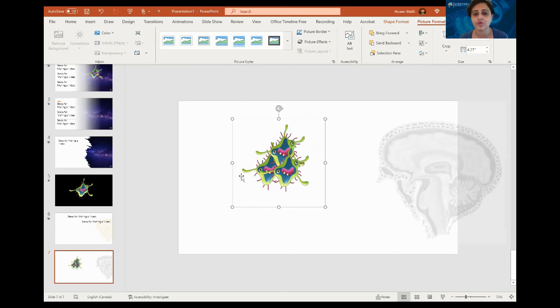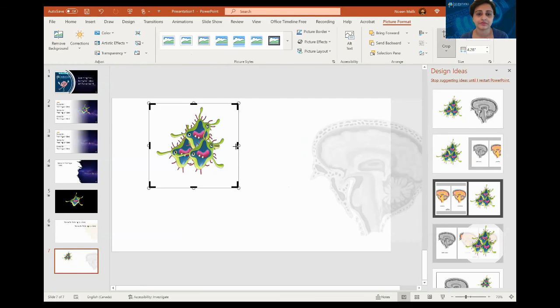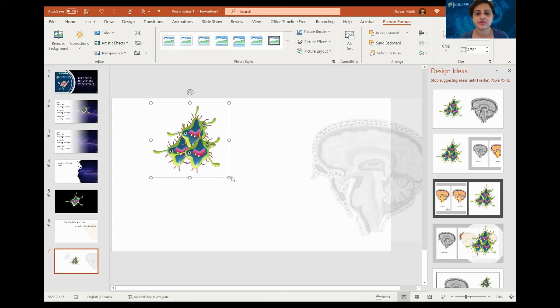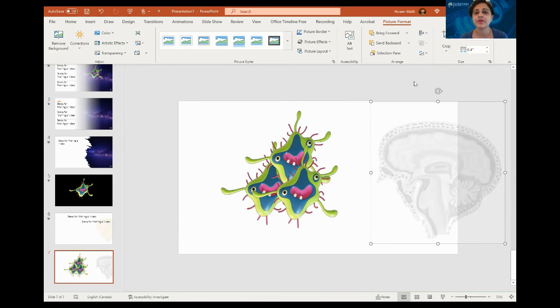If you want to crop more of the background, you can do Control X to cut and paste it as a picture. When you paste it as a picture, you go back and then you crop it. And then you can crop it according to the size you want. So you see, now we have this picture that you can use in your PowerPoint slide. So this way you can even make picture background. Transparent background is good when you want to copy paste more and more pictures on the top of each other. So here I will stop, and I will ask if you have any questions.